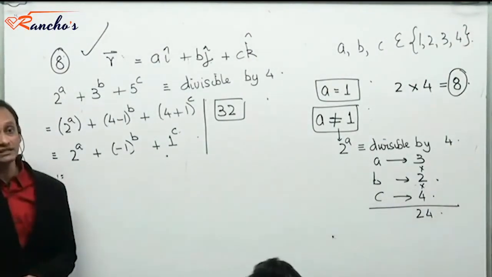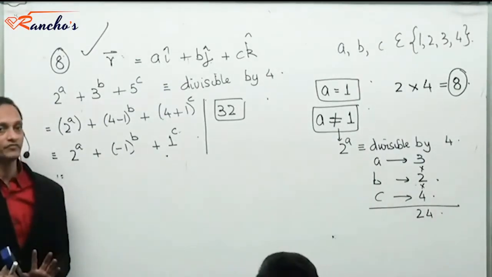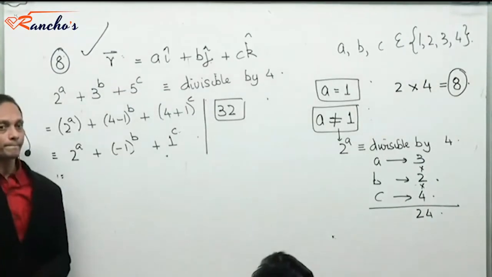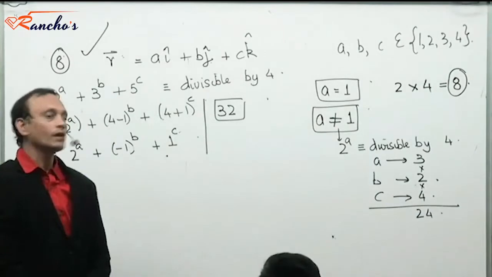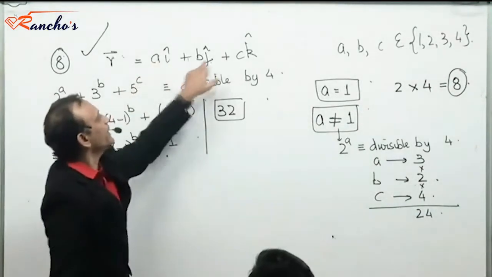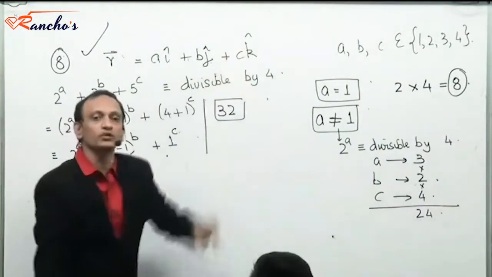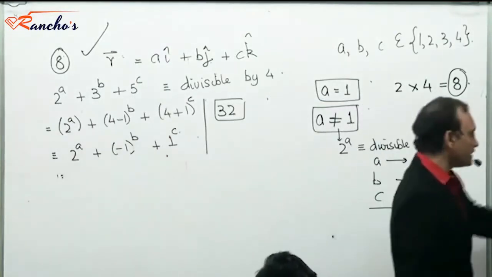Are you all okay with this? Ayush, tell me. I have no problem explaining it again if you want. I'm creating position vectors. So why can't a and b be equal, a and c be equal, or a, b and c all be equal? That's permissible, right, in a position vector?